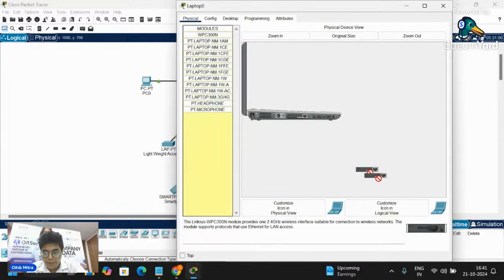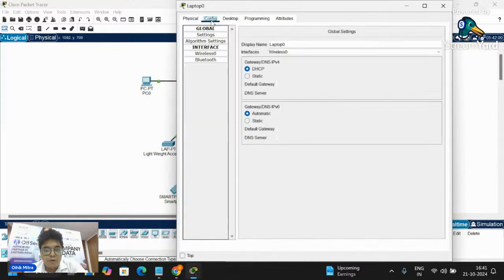Now drag and remove the Ethernet module. Now bring this WPC300N. This is our wireless interface. So now the wireless interface has come. Turn the laptop on. See, the yellow light has been enabled. Now go to Config.